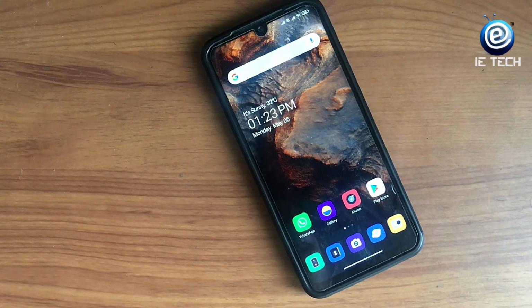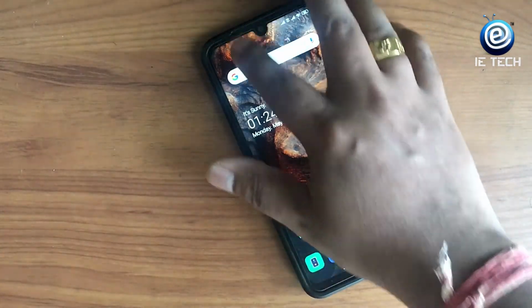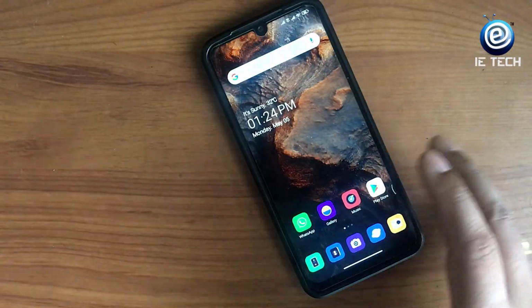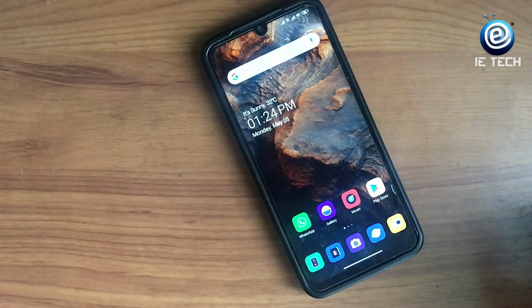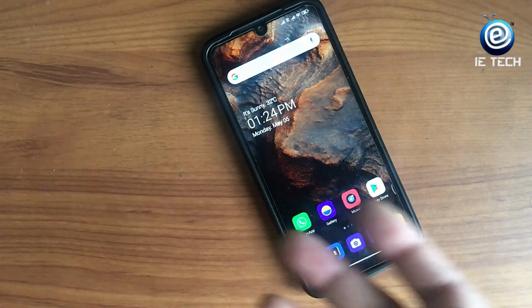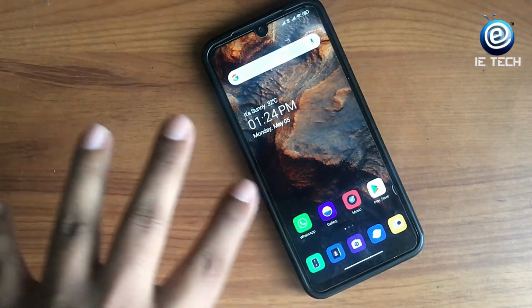The third thing which is problematic for this ROM, compared to the Chinese ROM, I actually give it a 1 star. If the Chinese ROM is a 4 star or 3 star, I'll give this a 1 star. The apps actually keep on asking for permissions. Even when you are not using anything, your apps will ask for permissions, like the contacts permissions or something like that. So all these things are there.